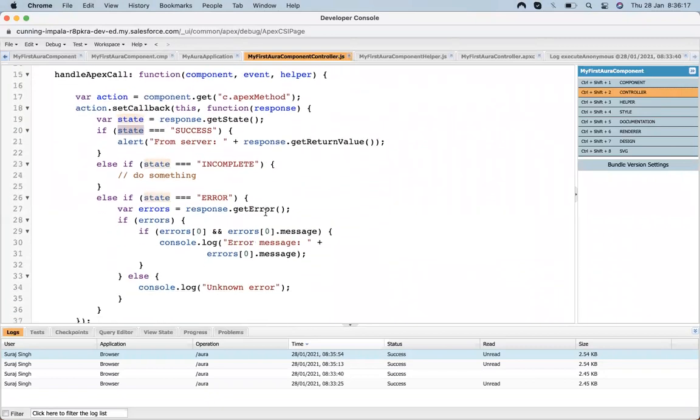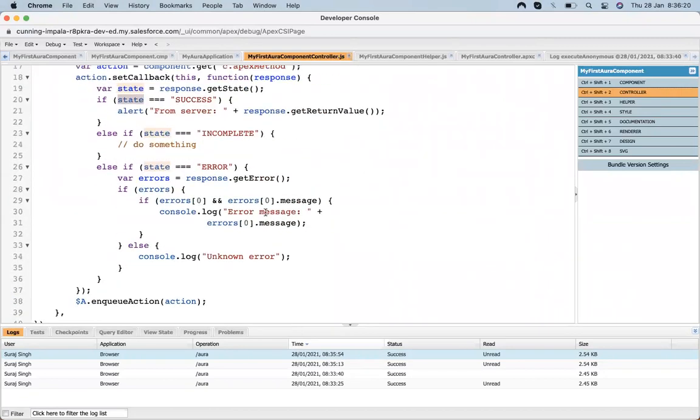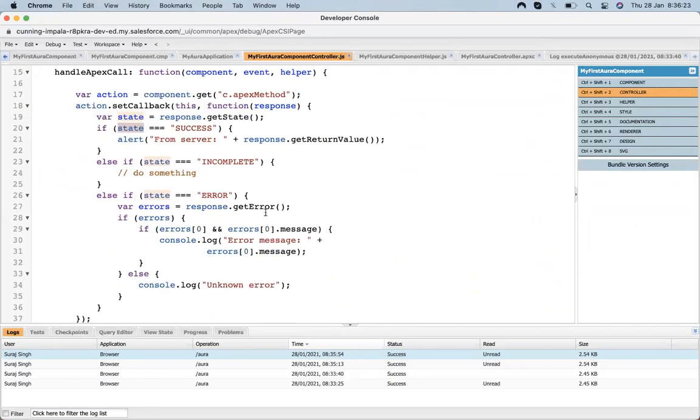Let's have a look at how we pass a value to an Apex. Before that, I want to move this method to a helper.